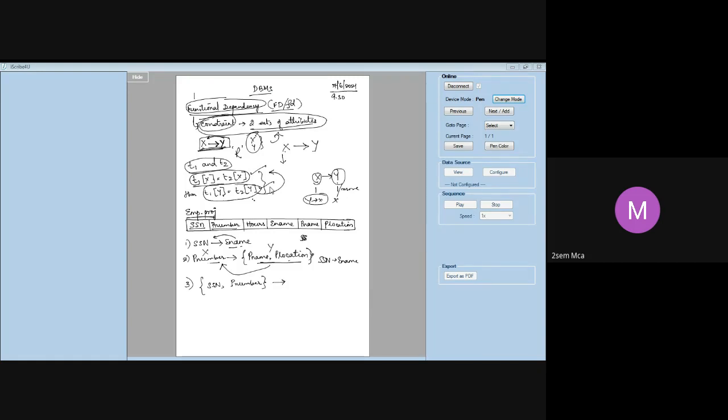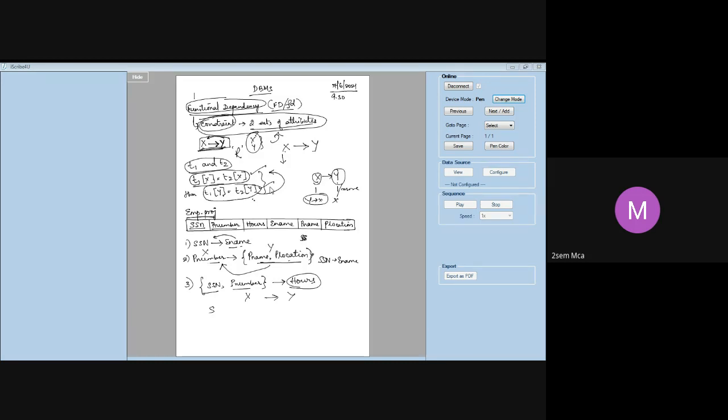These two will determine hours. Right? So what is happening? This is my X, this is my Y. X determines Y. What is X here? X is SSN and P number. That means given the SSN and the project number that he is working on, that means employee's ID I'm giving, I'm also giving you which project he is working on. If I give these two, I can always find out how many hours he is working on that particular project. So that's why I said SSN, P number implies hours.